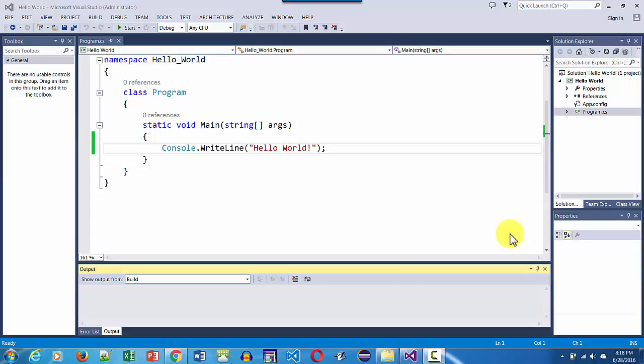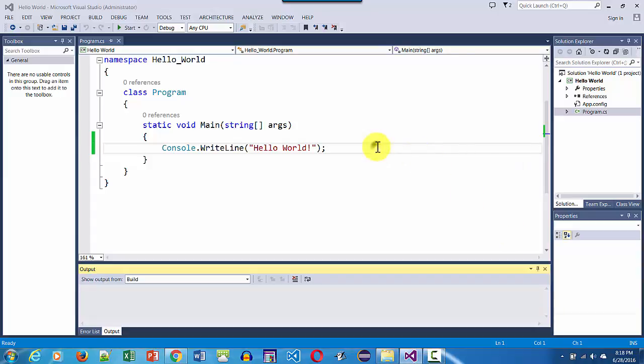In this tutorial, we are going to be exploring a couple of basic ideas. How can you go about displaying more than one line on the console? We are going to be learning about the difference between Write versus WriteLine and some error handling techniques in this environment. So first of all, to get started, as a refresher from what we did in our last tutorial,